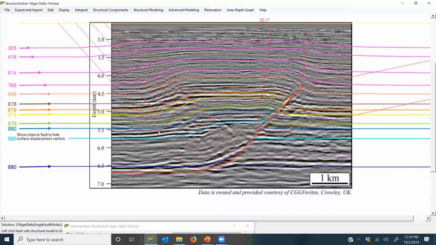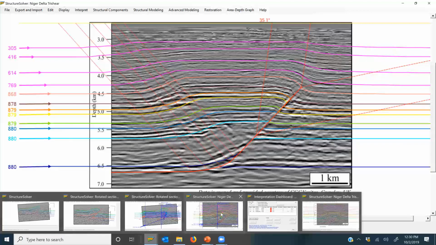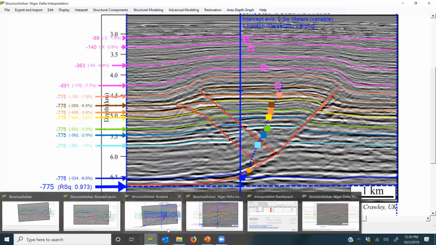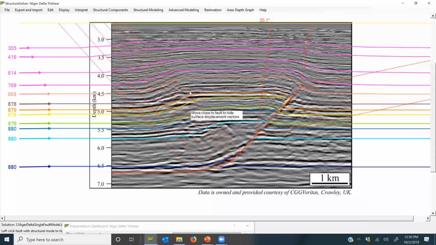Here, the total amount of shortening estimated by the forward model is 880 meters, whereas when we were looking at our area depth graph, we had about 775 meters, so only off by about 100 meters of total shortening between the two methods. Part of that discrepancy is probably due to how we're dealing with the back thrusts. They are entirely accounted for by the hand interpretation, whereas in our forward model, we've simply simplified through them. And so we may be overestimating the shortening in the forward model versus the